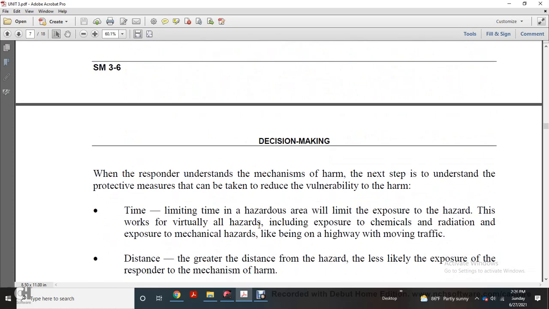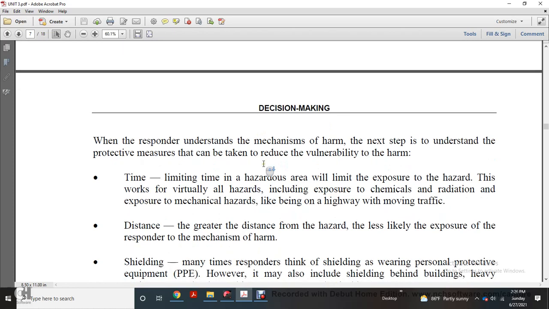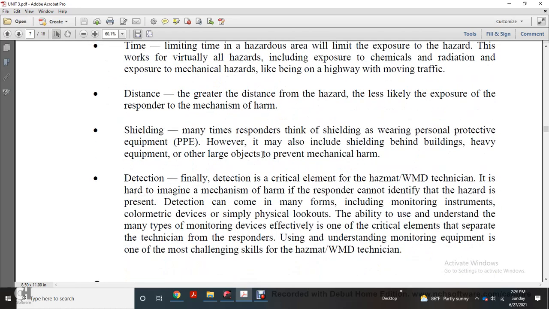Once responders understand the mechanism of harm, the next step is understanding the protective measures that can reduce the vulnerability to harm. Time: limiting the time at the hazard will limit the exposure of the workers. Virtually all hazards include exposure, such as chemical and radiation exposure, and mechanical hazards like those on a highway with moving traffic. With a greater distance from the harm, exposure of the responder to the mechanism of harm is less likely. Shielding: many times this means wearing personal protective equipment, however it must also include shielding